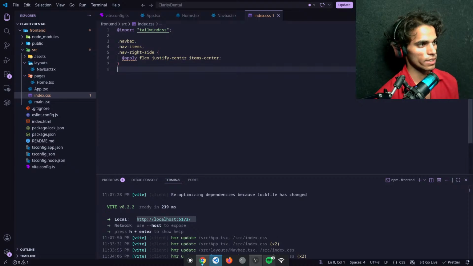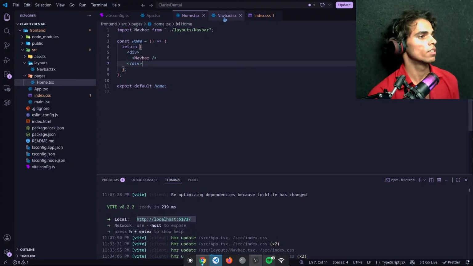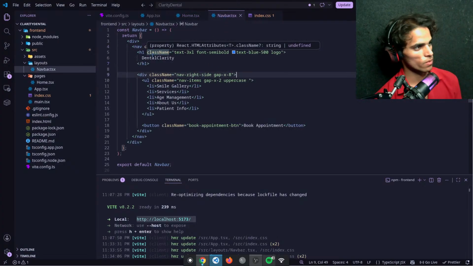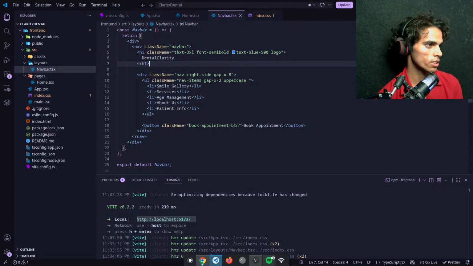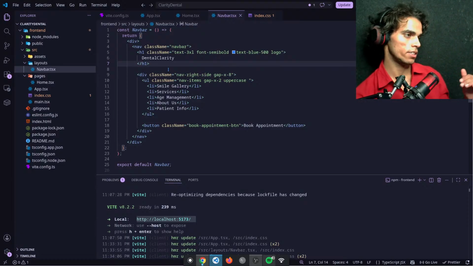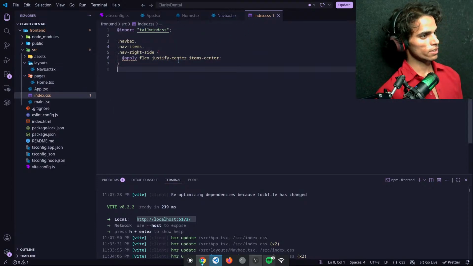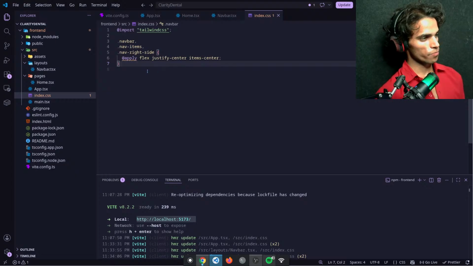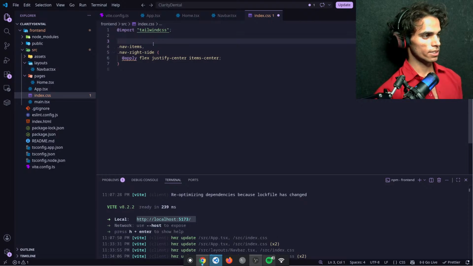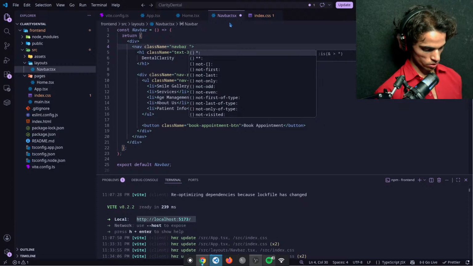Okay, now we want a gap between all of them, so what we will do for this nav, what I want is that items should be center, but there should be a gap between them. So justify center, items center. This is great, but for nav, there is a little, no, control Z, let's keep it, and here I would like to change this to